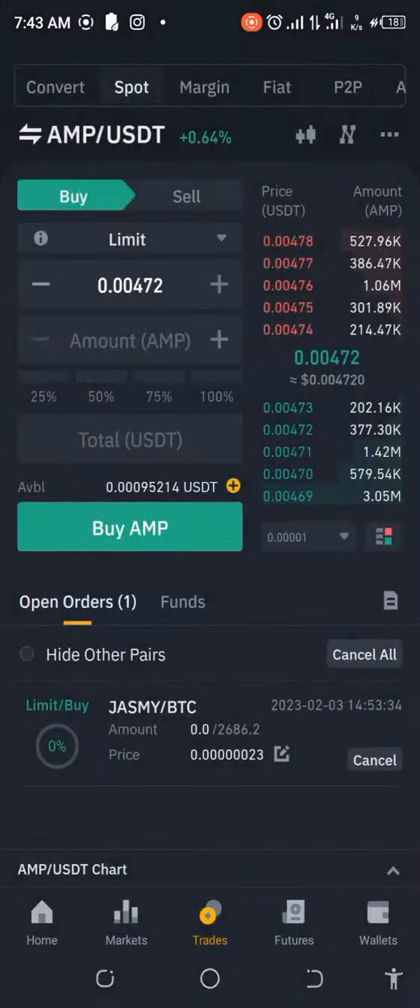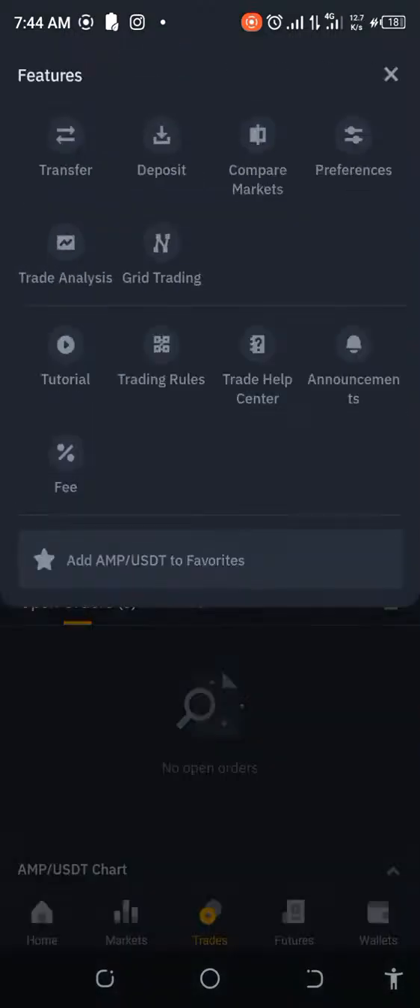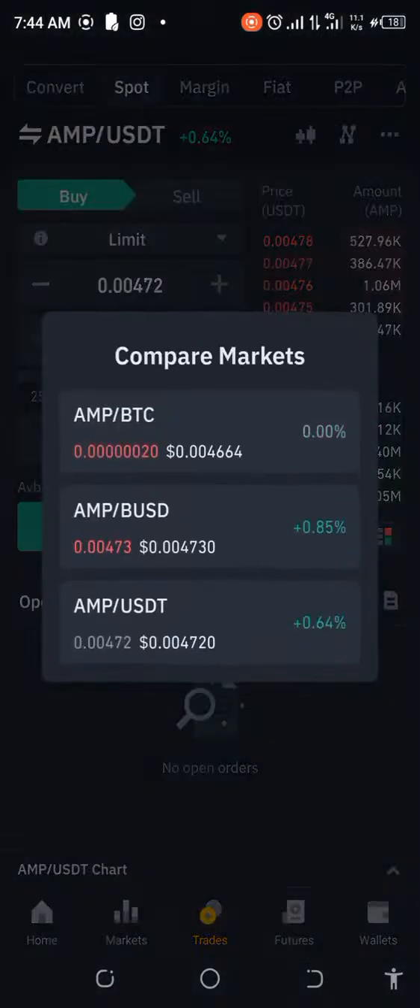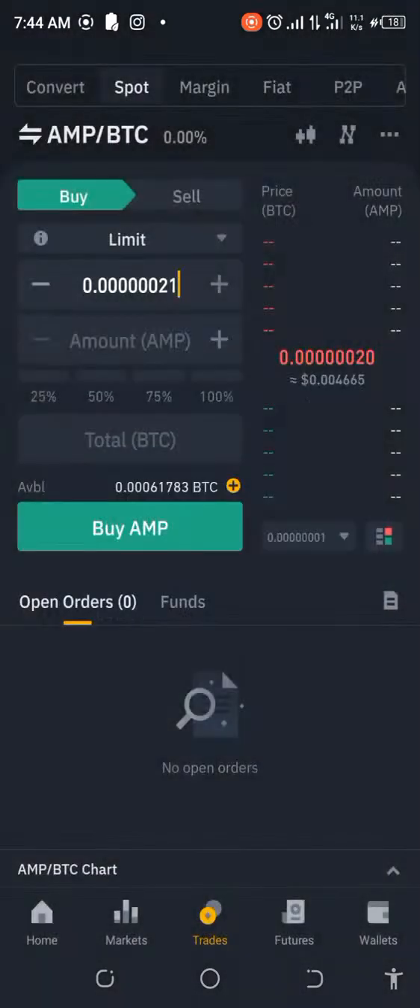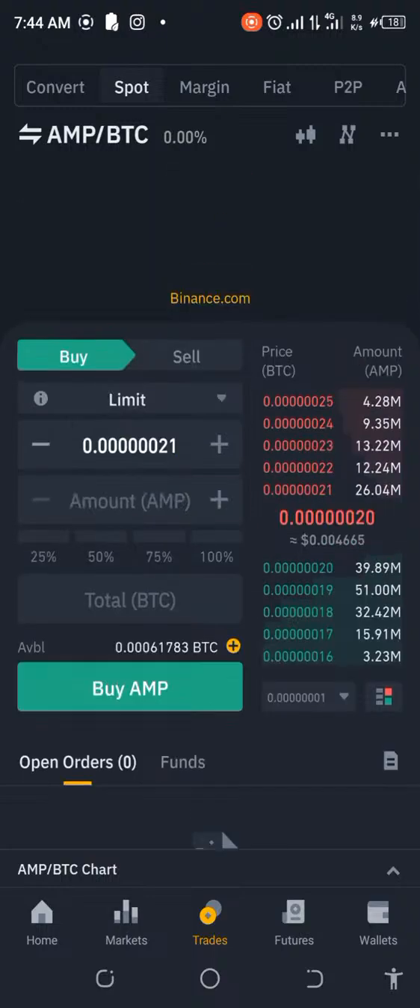Okay, so what I'm going to do first and foremost is cancel this trade. So once I cancel that, it releases back my BTC, and then I go ahead and do this for BTC. And let's hope that this works. So now what I'm seeing here is